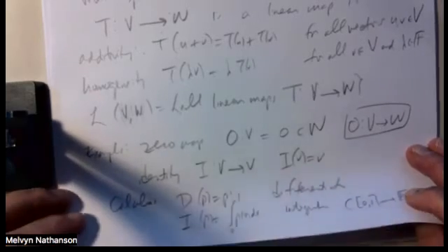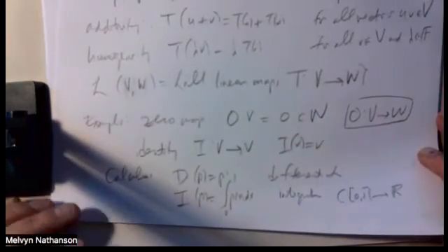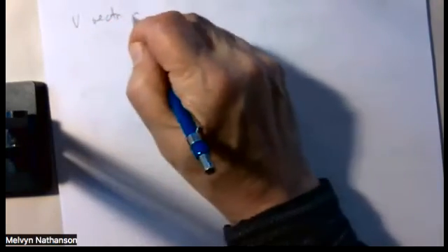An important property of a linear map is that it's completely determined. I mean, a vector space has infinitely many vectors, but a linear map is completely determined by a finite set of vectors that make up a basis. So suppose V is a vector space with a basis, say it's n-dimensional, n vectors,